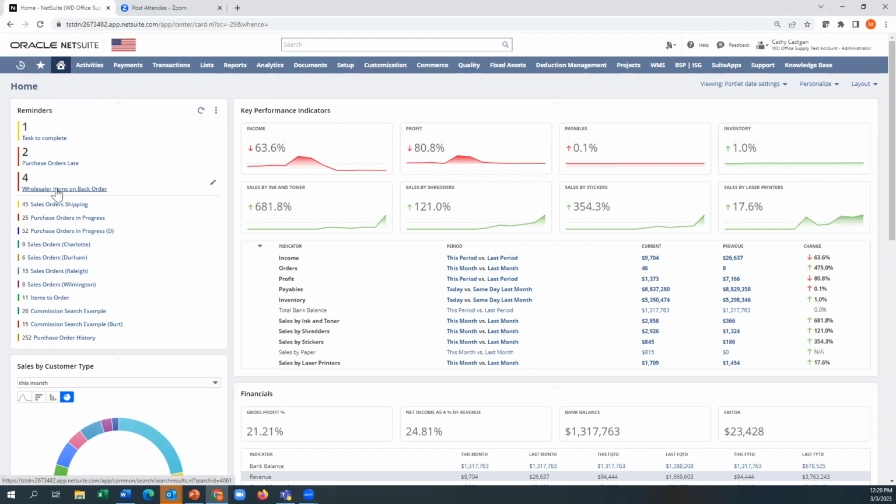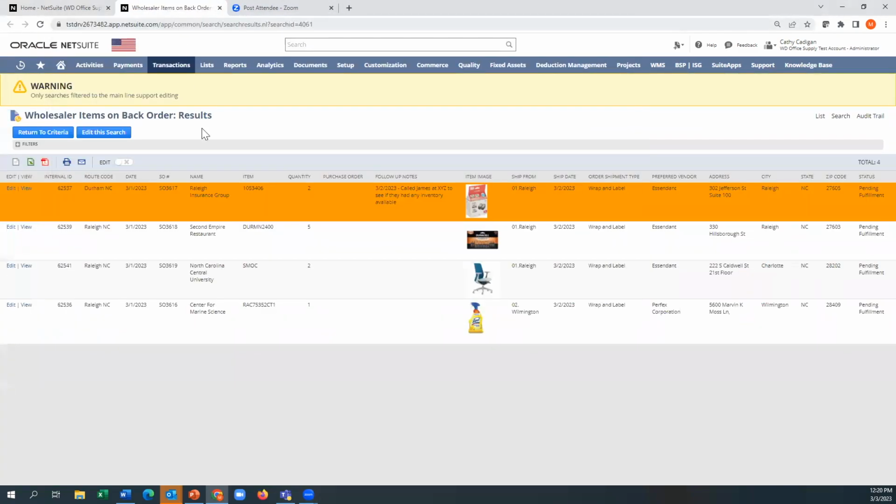Let's jump into that. Easy way to do that, hit the control key and the mouse, and it brings it into a new tab. If you wanted to move that to another screen, right, you just drag that thing over. What we can see here is this is the date that the orders were placed from the client. This is the date when the product should have shipped. And you can see by my date, it's 1 day late. So these are all line items that did not go out yesterday. So on back order.